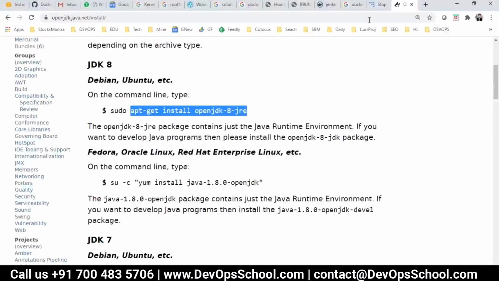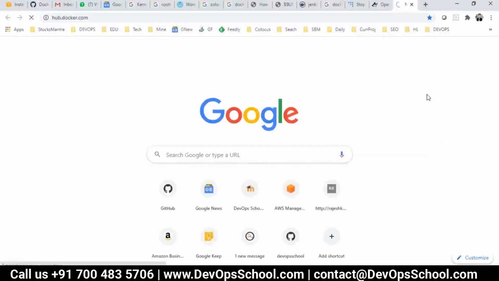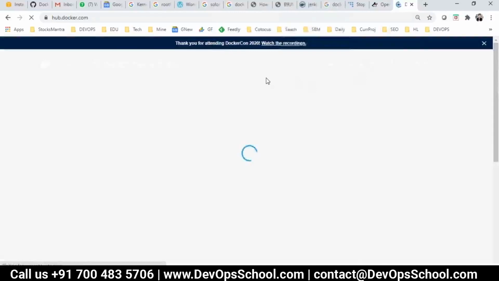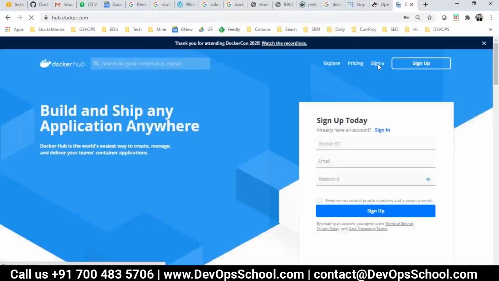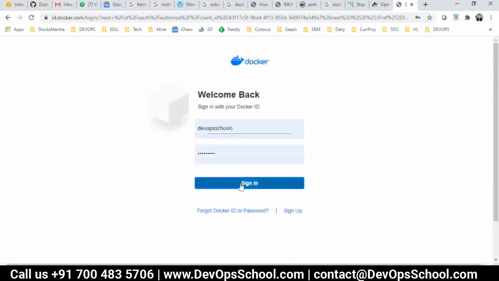Okay, because I need a repository. So hub.docker.com. Sign in. Login.